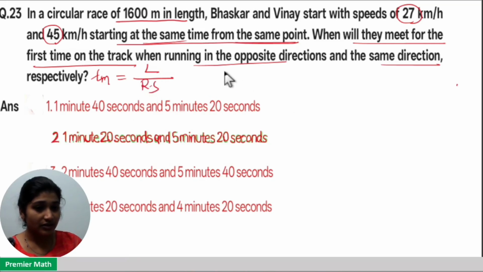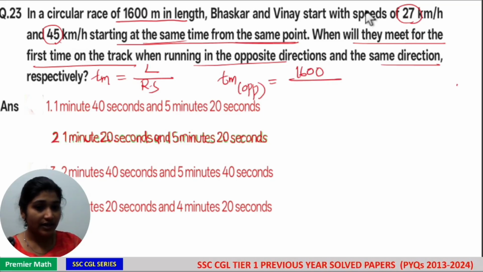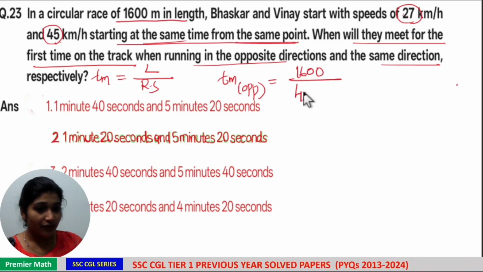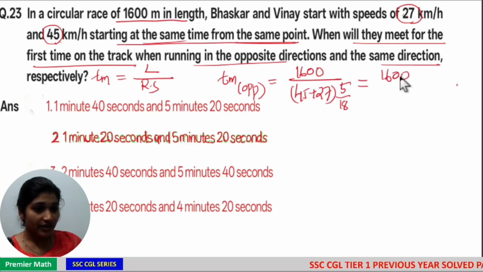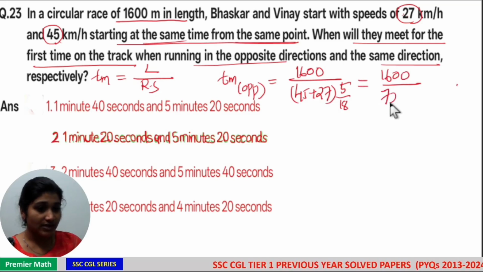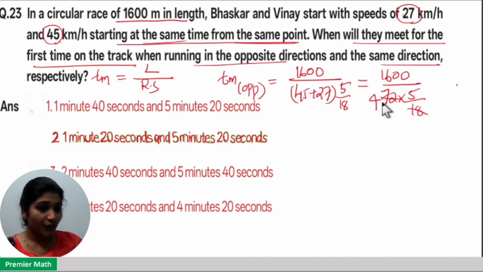Which means here time of meet when they are running in opposite direction is equal to, here length of the track is 1600 meter and relative speed when they are running in opposite direction is 45 plus 27. Now this is in kilometer per hour, so convert it into meter per second. So multiply it with 5 by 18. Now this will become 1600 divided by 72, as 45 plus 27 is 72. So 72 into 5 by 18 means 18 goes 4 times in 72. 4 into 5 is 20. So 20 goes 5 times in 100. 16 into 5 is equal to